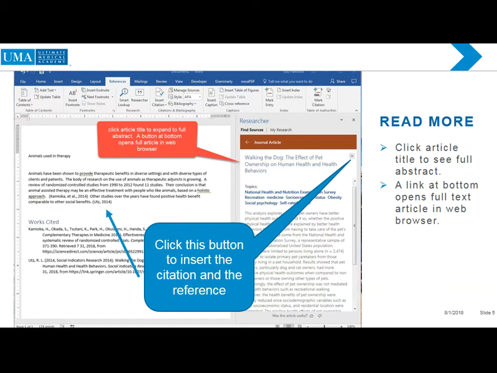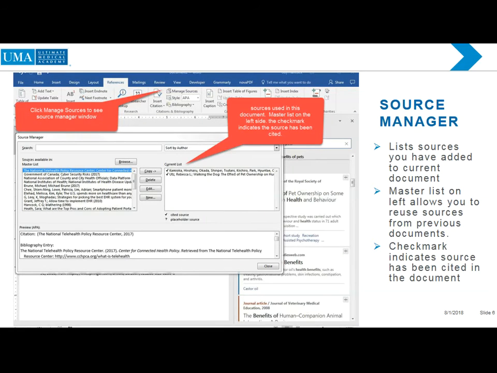So if you find an article that you like and it has information you'd like to quote or paraphrase, if you click the little button here, a little plus button, what it will do is automatically insert a citation in your document wherever your insertion cursor is. So here's the citation inserted by clicking this button. But it does more than that, and the beauty of that is that it also fills out all the details